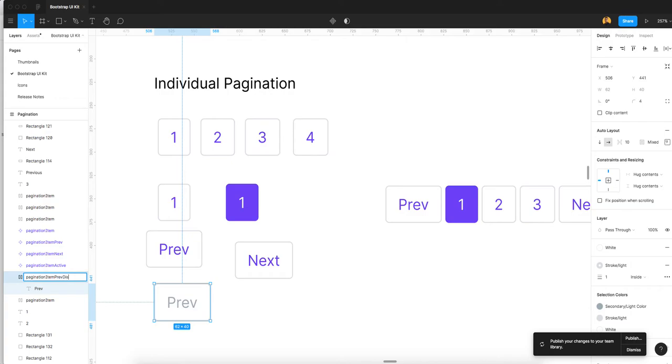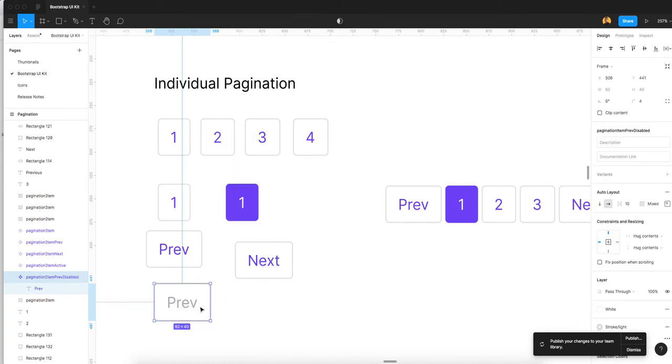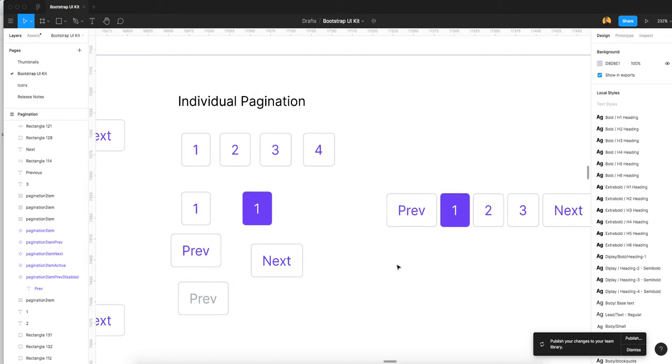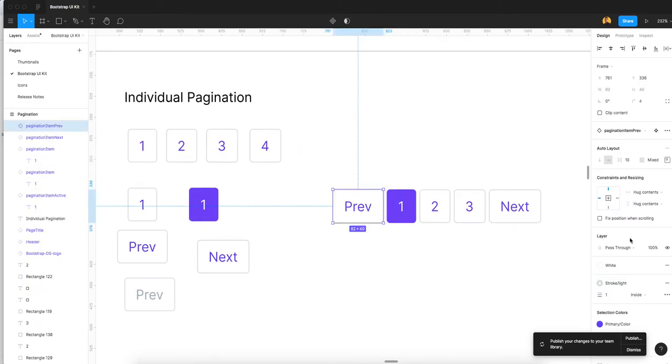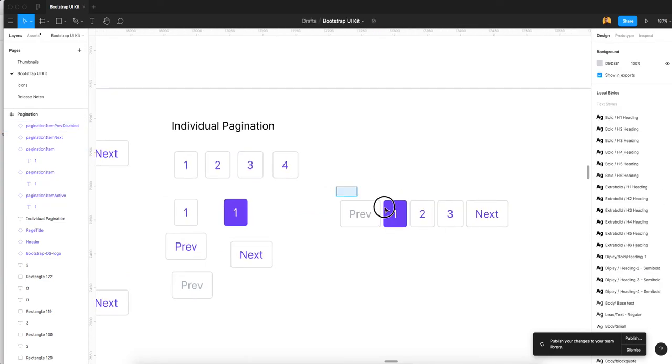previous disabled. Okay, this will be converted into component. The same things we use for our design. I am going here and change it to previous disable. So see, your pagination will show like this: if the user can click next, then it will go and show the previous active. Still, if the user is on the first page, it will show a disable active.